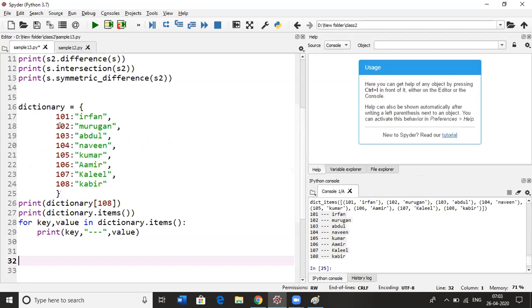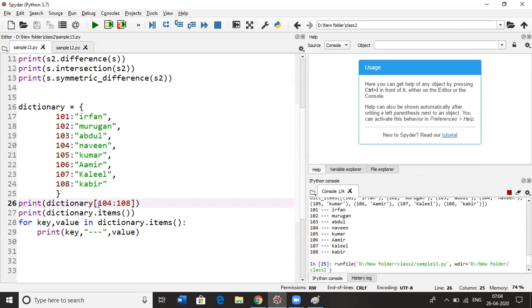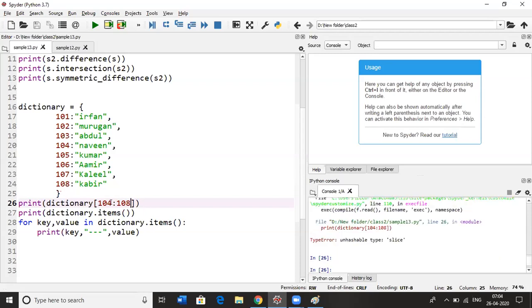You don't know the key only. Okay. You don't know the key. I think we can use a slice object, right? Slice object means it will just give you this from... Okay, got it. So it's not supporting slices. Okay.